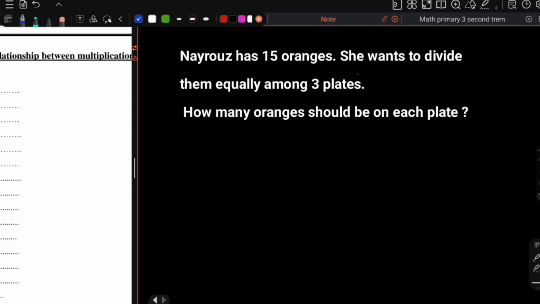Let's start. We will start with the first lesson, the relation between multiplication and division. We will start this lesson by this example, okay? If we read this example, we will see that Nairouz has 15 oranges. She wants to divide them equally